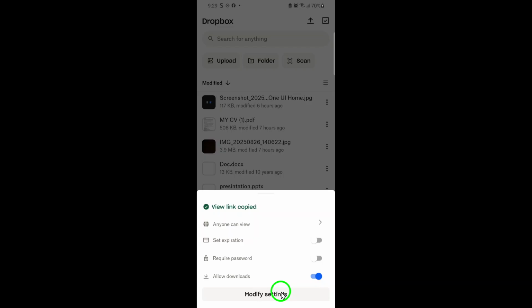Just remember, if you want to control who sees the file, double-check your folder or file sharing settings in Dropbox, and that's all there is to it. Opening Dropbox, tapping Files, hitting those 3 dots, tapping Share, and copying the link will get your PDF shared in